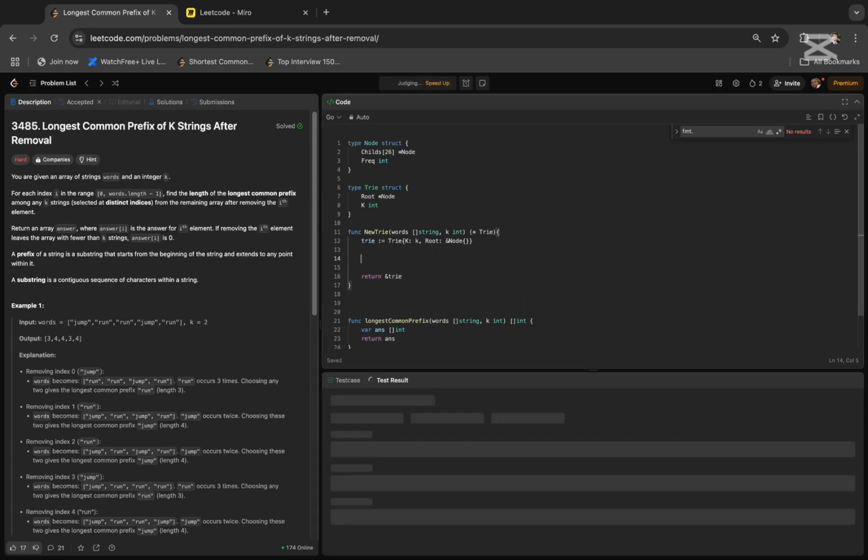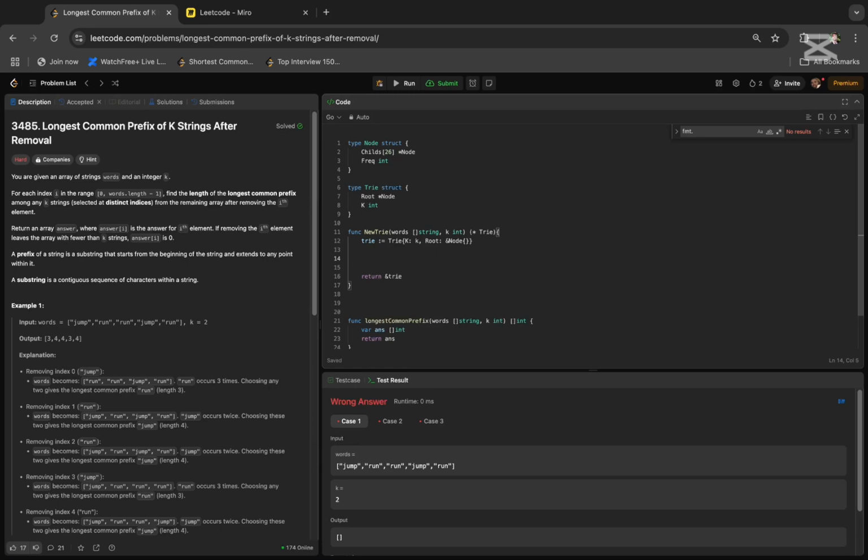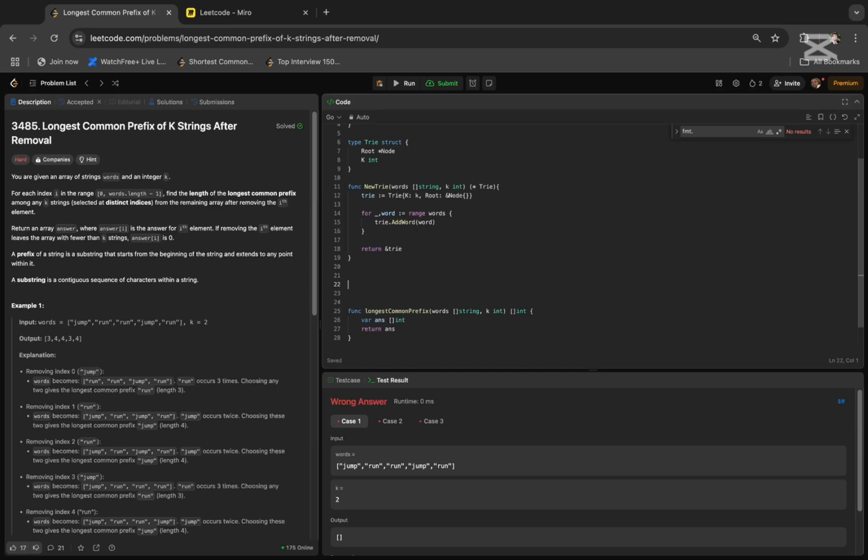Move forward. So what is the next step here? So we declare a trie. We have the root. So we need to add the words. So for each word, we're going to do trie.AddWord, and we return. So what is AddWord? AddWord is a function